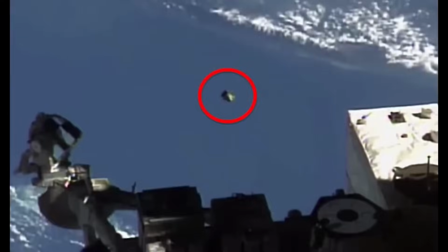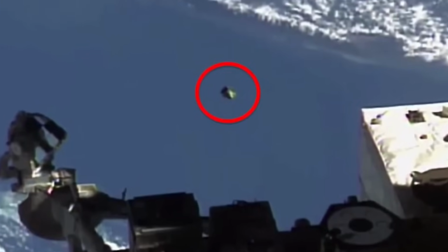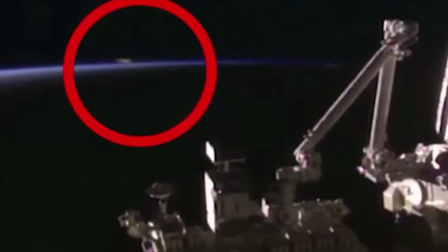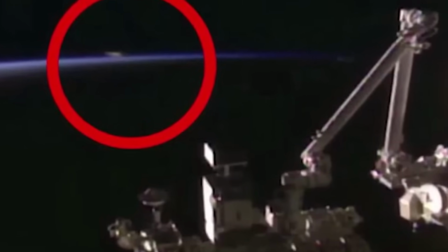Just as the object is about to get into a more viewable position, the feed dropped, and a message came on screen claiming that technical issues had caused the feed to cut out. One YouTuber grabbed the footage and uploaded it. In the caption of the video, he states that it wasn't necessarily an alien craft and very well could have been a meteor, but the fact that the feed was cut just before the camera could broadcast a clear look